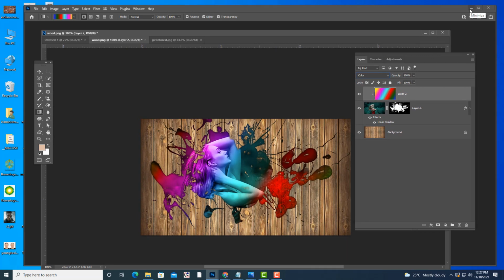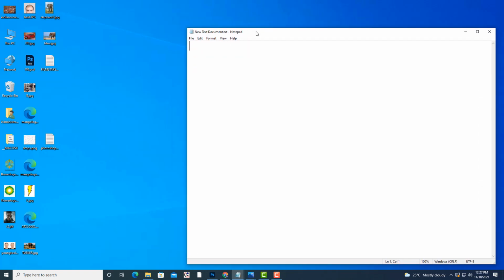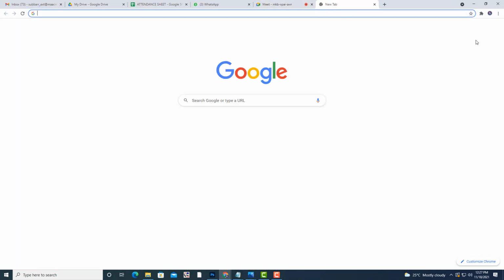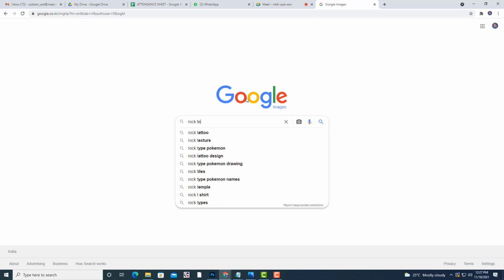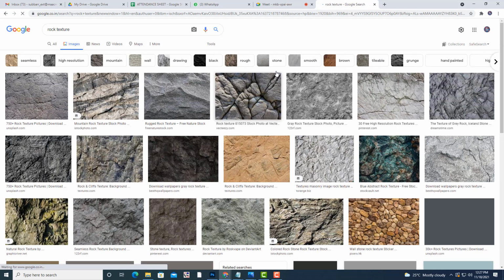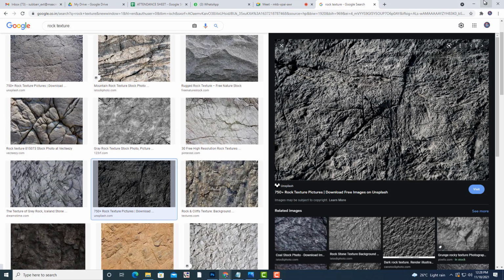I will give you an assignment on this. Take an image of a rock, a hard rock, or you can say rock texture. You can take some rock texture images like this.